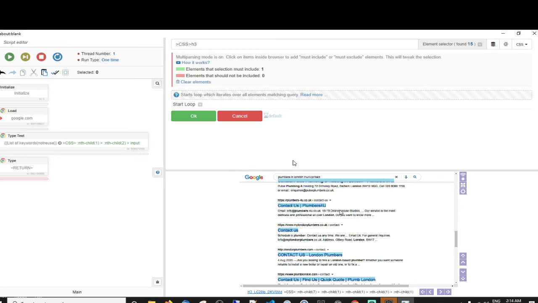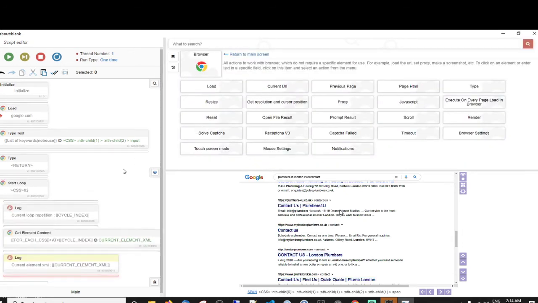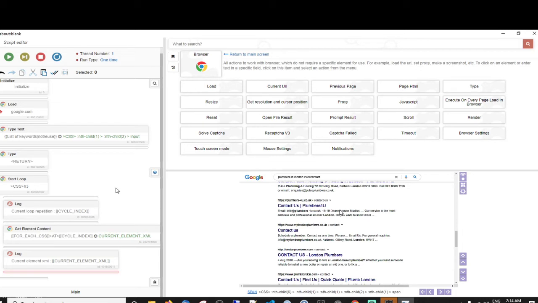And you're probably thinking, oh, but you want the actual links. But once we start the loop, it just means to focus on each one of these. And then once we've got focus on each one, then we can grab certain things like the text or the link. Now, hopefully, we'll be able to grab the link behind this. Let's just see how it works out. We might have to adjust this. We start our loop.